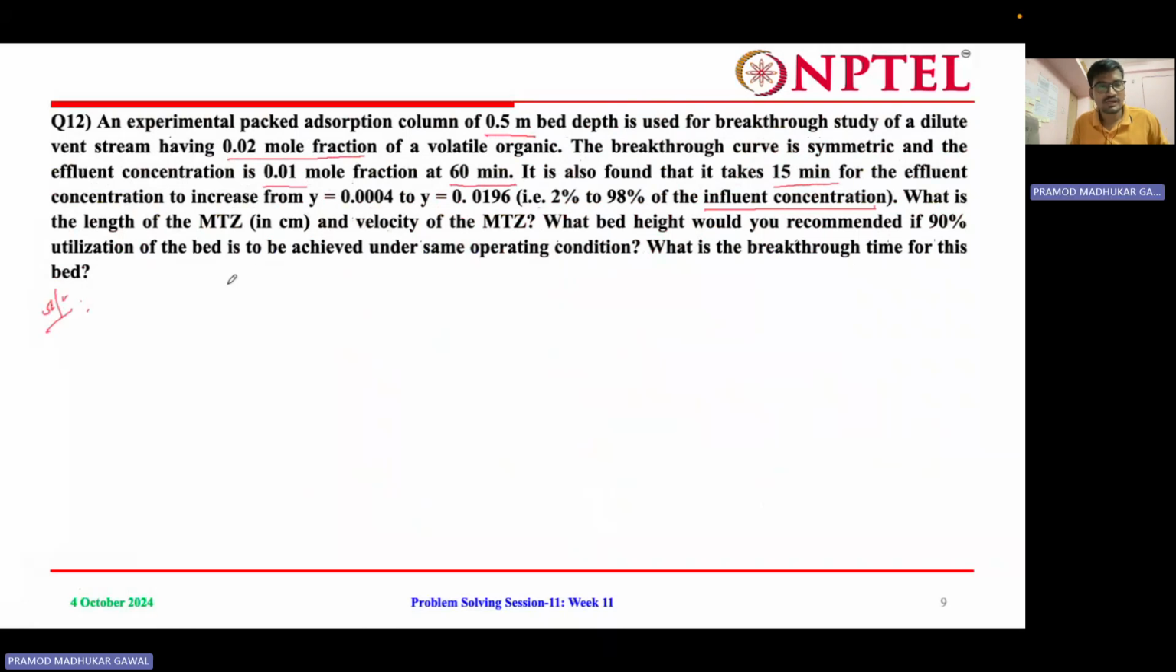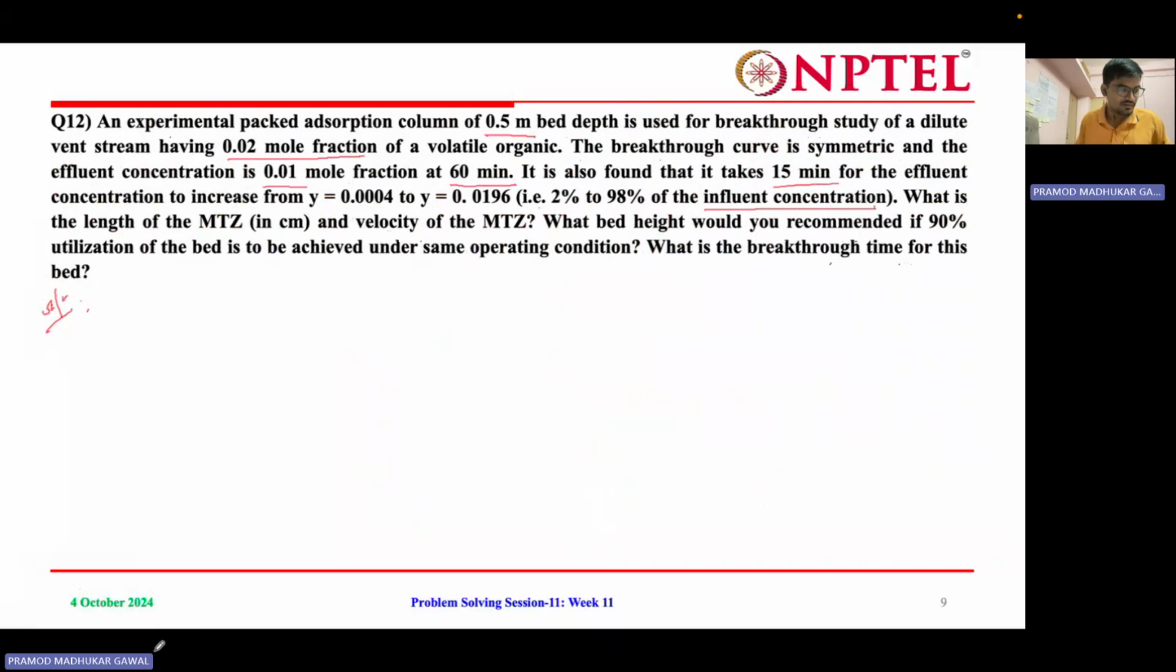So in this question, we have to calculate the length of MTZ, then the velocity of MTZ. In the second part, what bed height would be recommended if 90% utilization of the bed is to be achieved? Then what is the breakthrough time for this bed? So here it is mentioned that